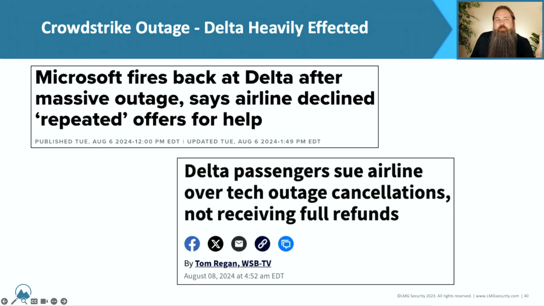Now, we are seeing a little bit of fallout from this already. As I mentioned before, with the screenshot or the picture you saw, Delta suffered a pretty significant outage from this. So did other airlines around the world. But we're starting to see, again, lawsuits starting to pile up, and we're starting to see some finger pointing begin to happen. So this will be some interesting cybersecurity soap opera as we move forward.